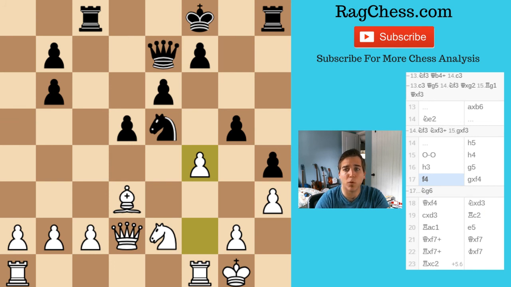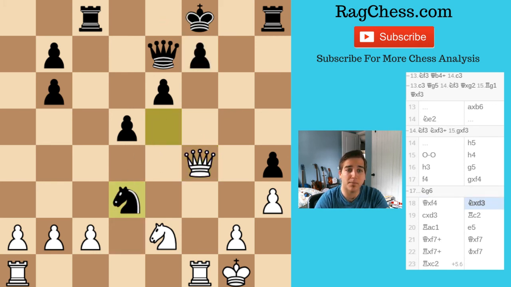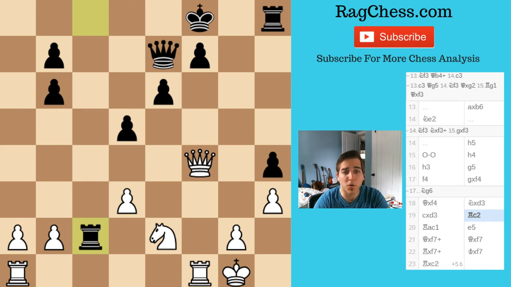So I go f4, kind of forcing him to take. I take back with queen, so now his queen is pinned to protecting checkmate. He trades knight for bishop, which is not really good because you don't want to trade when you're down. I take back. He comes here, and I do want to show off a cool tactic I didn't get to do in the game